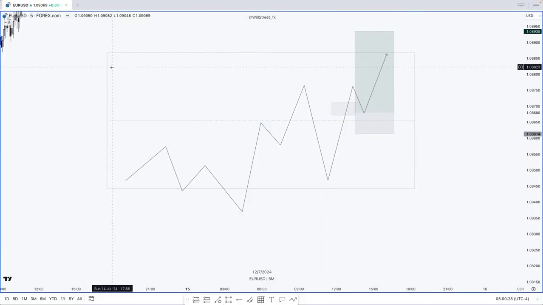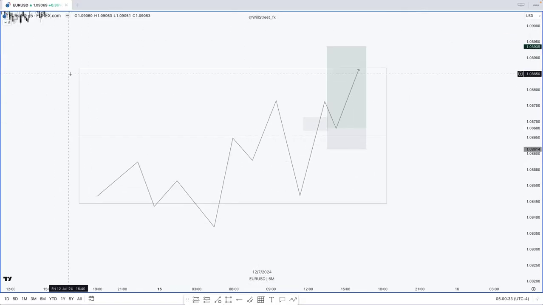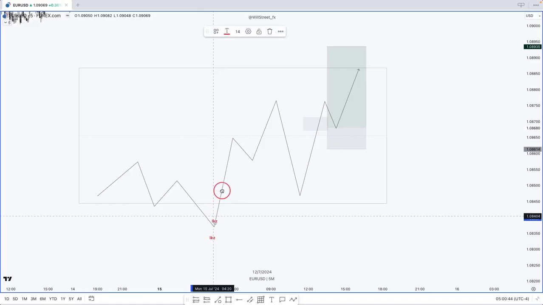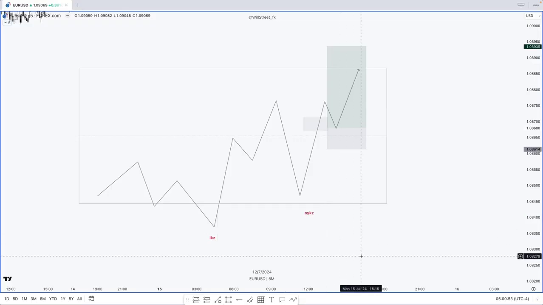This only happens in the lower time frame ranges. I mean, if this is a 1 hour, this is the London kill zone, and here it is the New York kill zone. It is when I apply this, but